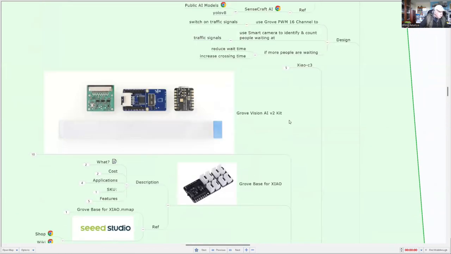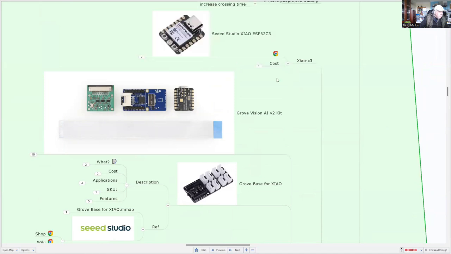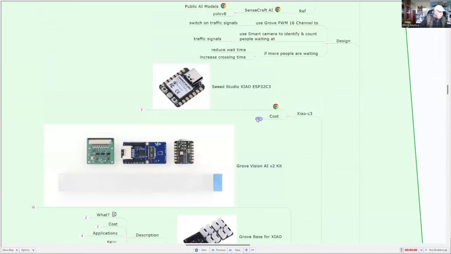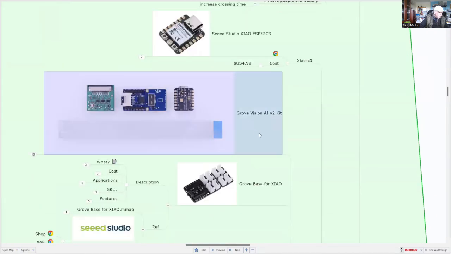So we'll go right to the top, and you can see that our Xiao computer is very low cost and quite powerful. For under $5 US, the only thing is you have to solder that together if you want to put it into a base for other Grove modules. Okay, so we're using the Grove Vision kit, the AI kit, and it consists of, in the middle there, our Grove Vision